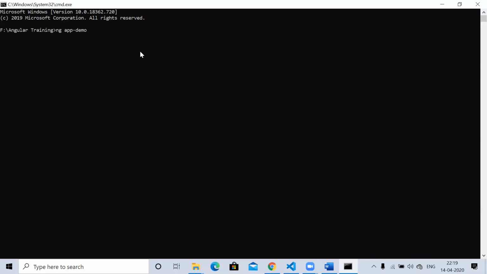This ng command is related to the Angular CLI. So using the Angular CLI only, we are able to create the project here. If you don't use the Angular CLI, previously when Angular 2 came, that time the Angular,